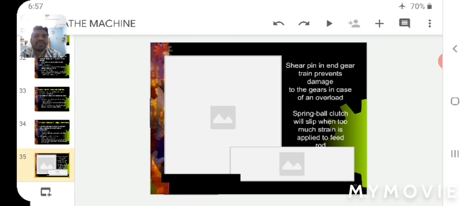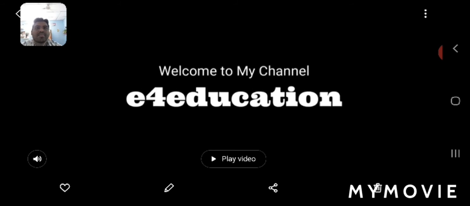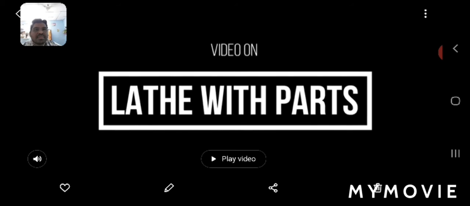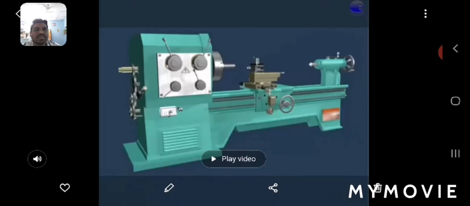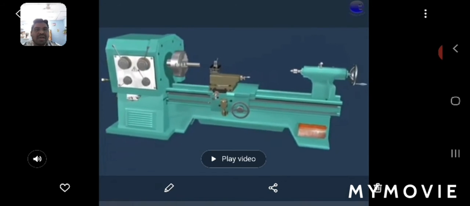So now we are going to see the video regarding the lathe machine. So that is the figure of a lathe.